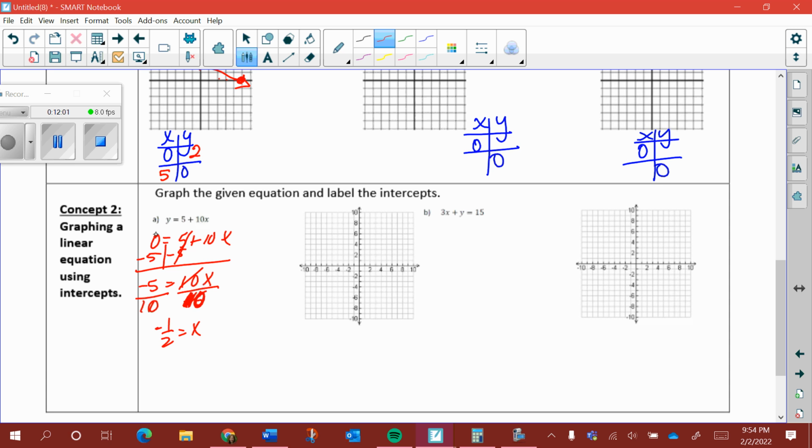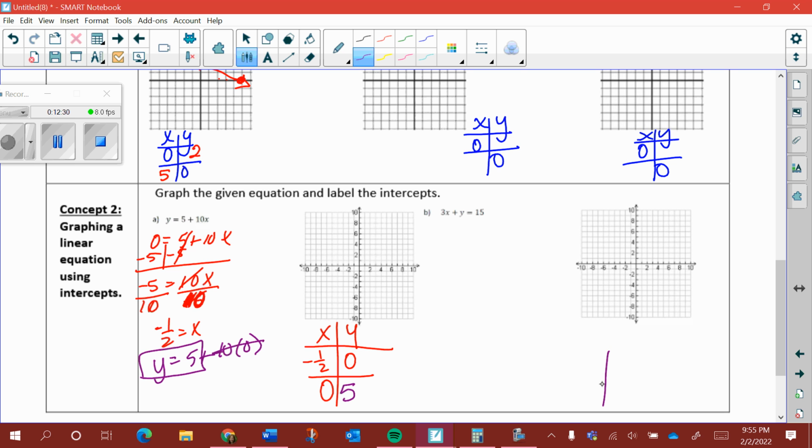So when y was 0, x is negative 1/2. And then I'm going to plug in a 0 for x, and I'm going to say y is equal to 5 plus 10 times 0. Well, 10 times 0 is 0, so y equals 5. And then plot the dots. And then go ahead and try B on your own. You should end up with,